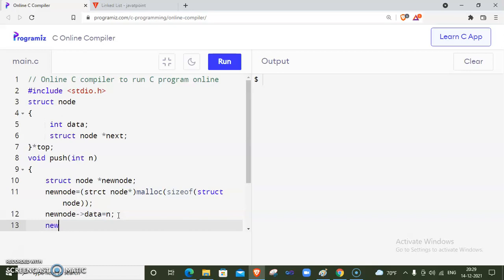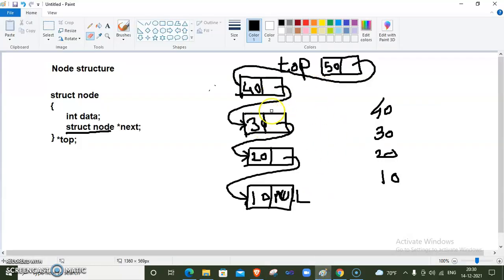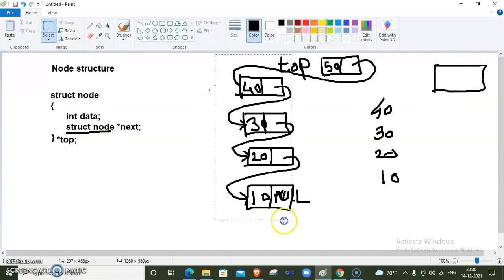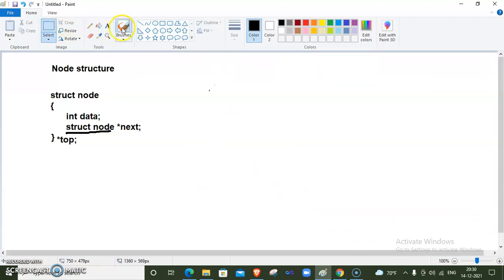Then the next part of this newnode is equal to null, because we know inside our linked list, here we allocate the memory for this new node. I am removing all this for better understanding.